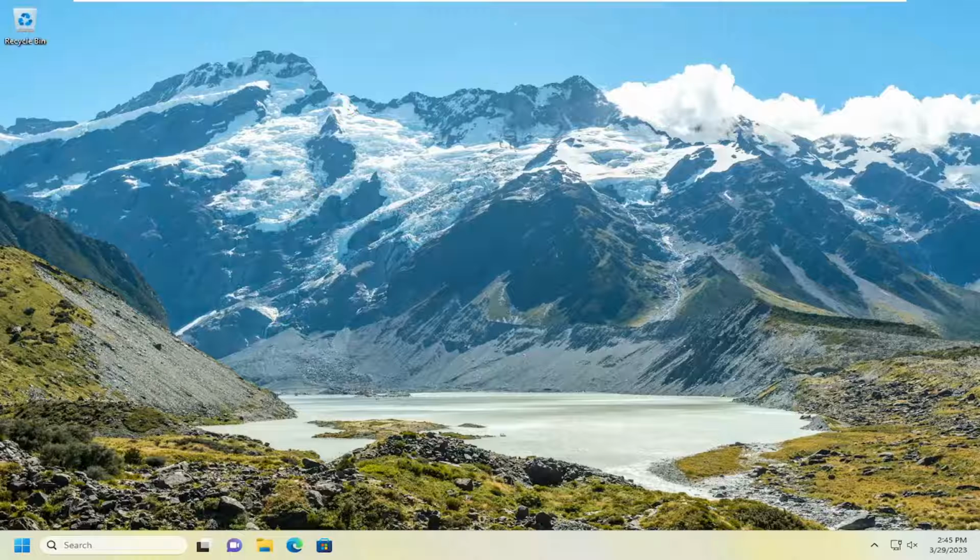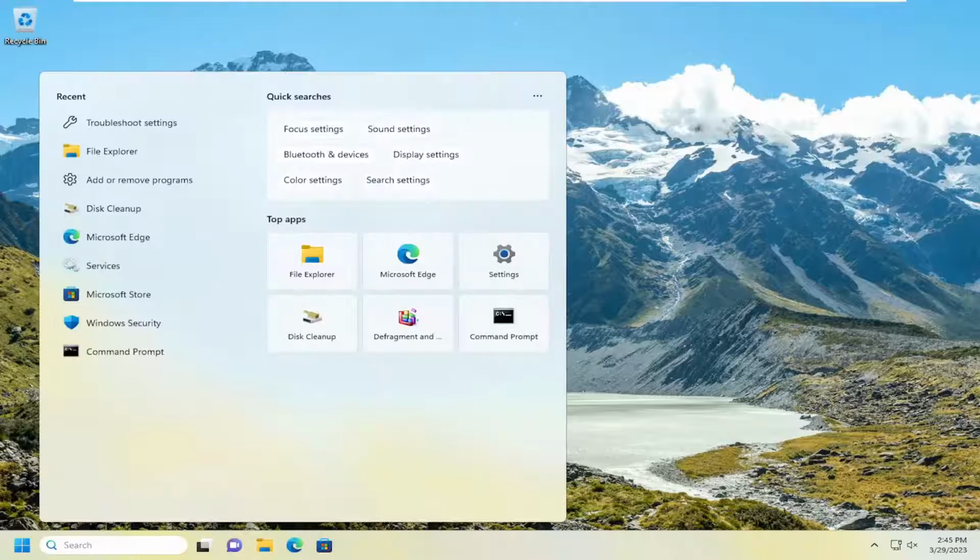In today's tutorial, I'm going to show you guys how to resolve if you're coming across an Xbox app login error message 401 or other various Xbox related issues on the Windows 11 computer. So this should hopefully be a pretty straightforward process here, guys, and without further ado, let's go ahead and jump straight into it. So first thing I recommend doing would be to open up the search menu and type in